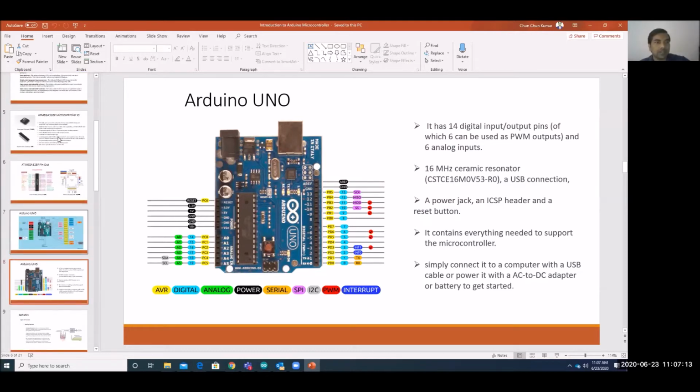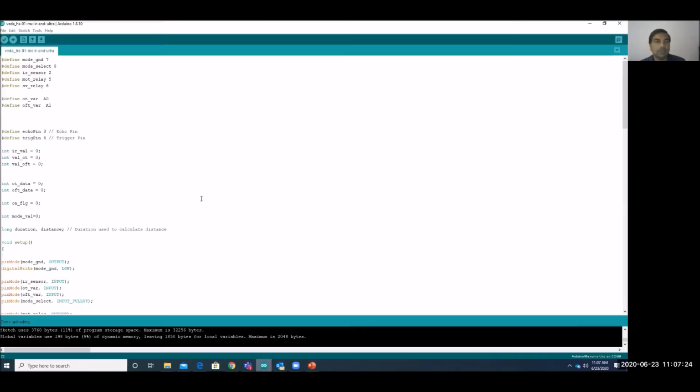Here I have explained about the hardware. So this is the Arduino Uno hardware. Okay. Similarly, we have the Arduino IDE. What does IDE stand for? Integrated Development Environment. Okay. So this is our software, the Arduino IDE software. There are different versions. You can download the latest one. Okay. So in this, we need to write the program to feed into the microcontroller, that is the Arduino Uno